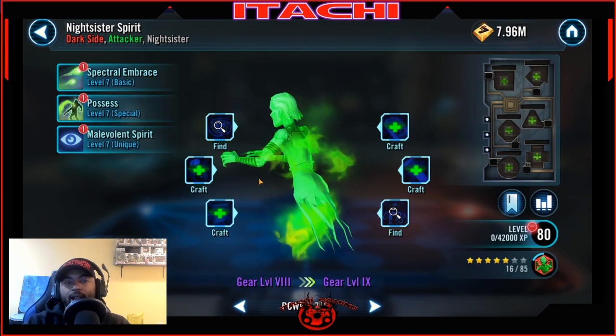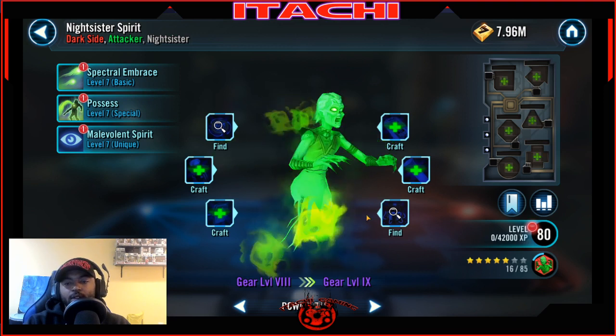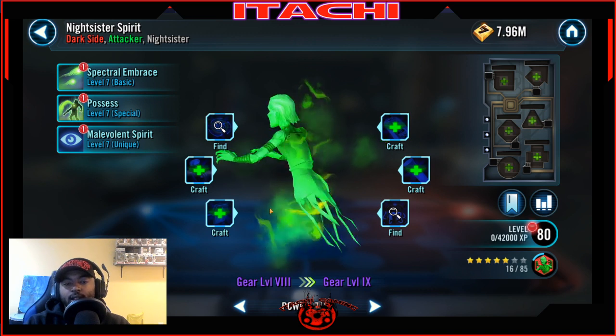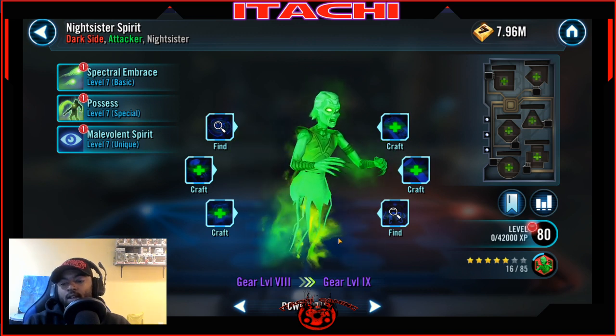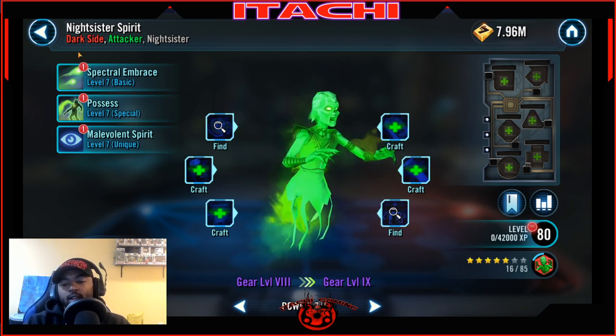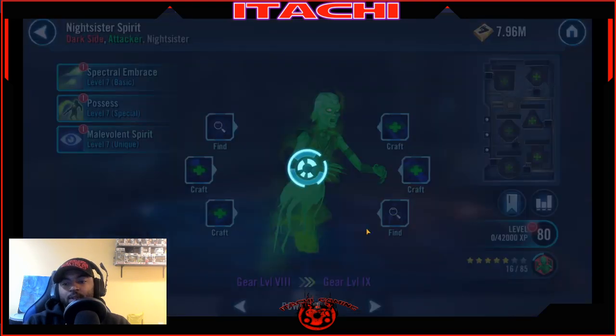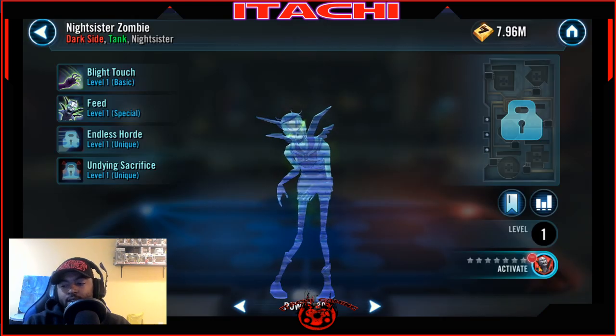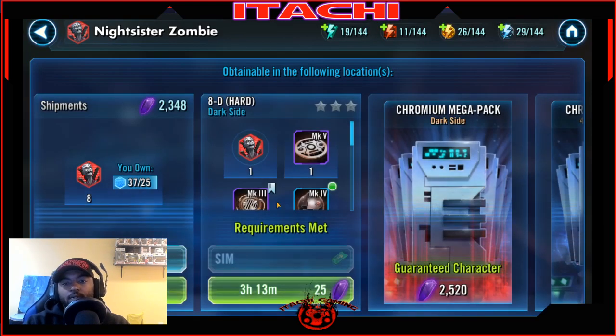And then we've got Night Sister Spirit. I got to go through and mod Night Sister Spirit, but same thing, basic, special, and unique are all at level 7, and she is at gear 8, and we gotta put some more gear on her and do mods. Night Sister Zombie is another character that I'm currently farming out of Darkside,